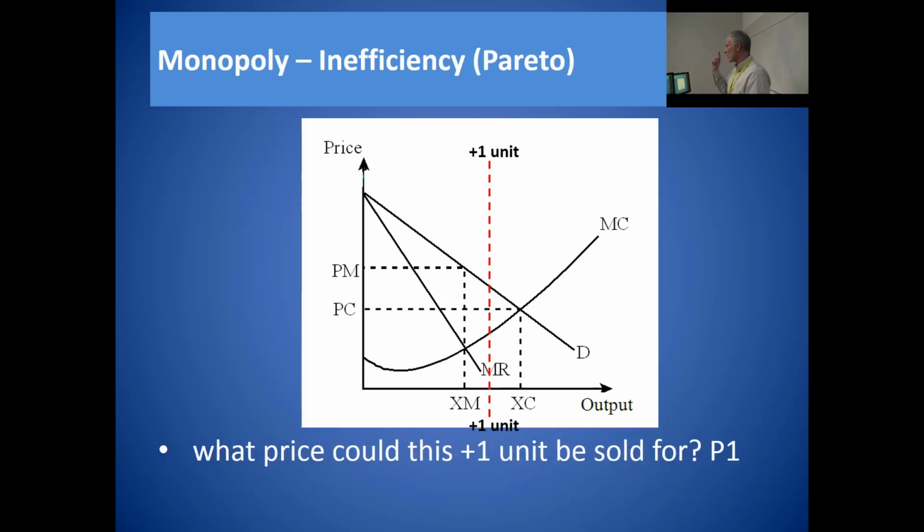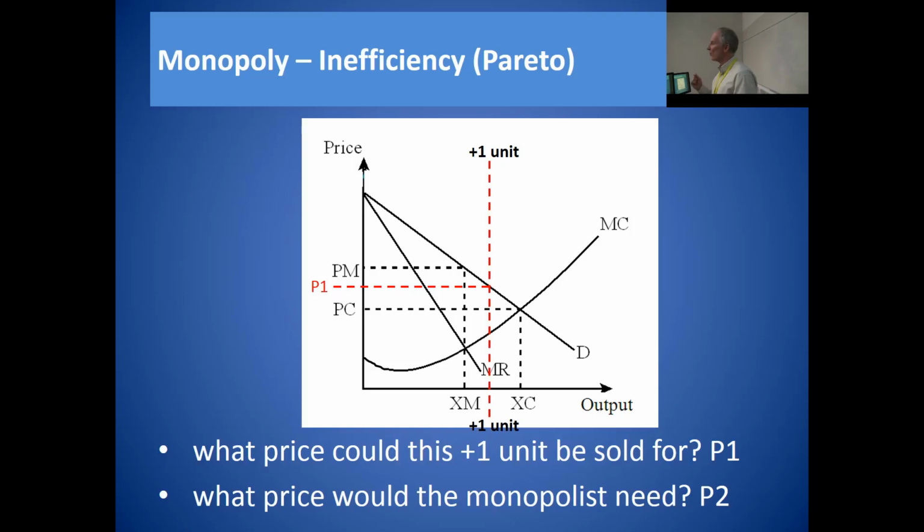Well, if you look at that one extra, and only that one extra unit, what price could that one extra unit be sold for? Well, that unit there, if we look at the demand curve, that tells us that one extra unit could be sold for a price of P1. Just that one extra unit. Our demand curve shows us the valuation by consumers, how much they're willing to pay for output. So that one extra unit could be sold for a price of P1. There are consumers out there who'd be willing to pay that price, P1. However,